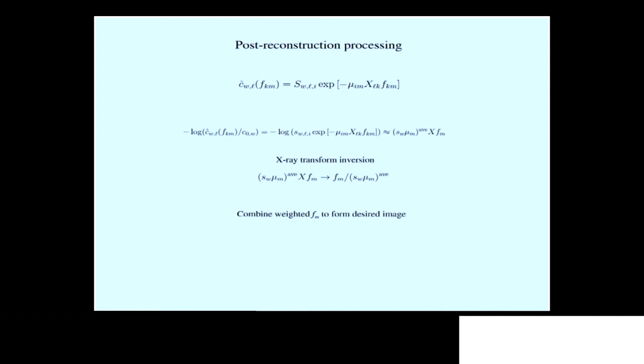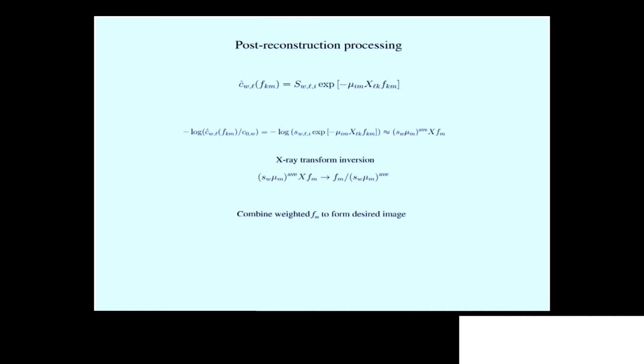You can just take this model here, take the transmitted counts, divide by the incident counts at that energy window, and take the negative log, like we were doing before. This approximately gives you the projection of the material maps multiplied by some kind of spectral weighting, all right? You can get this approximation just by doing a Taylor expansion on the exponential and the log. Then you can use your favorite reconstruction algorithm to get these Fs, and then combine the weighted